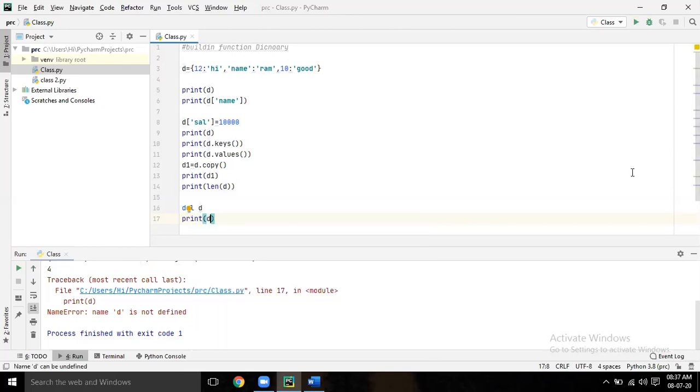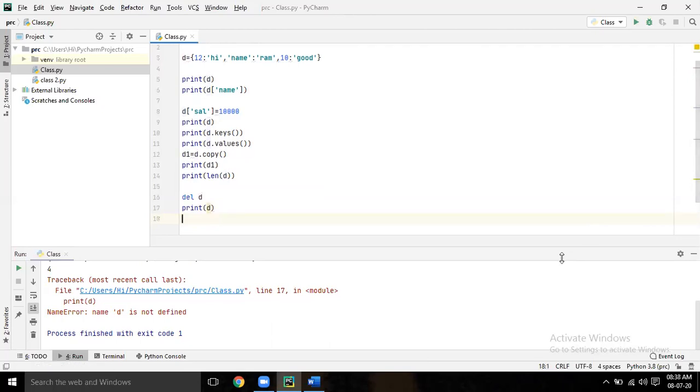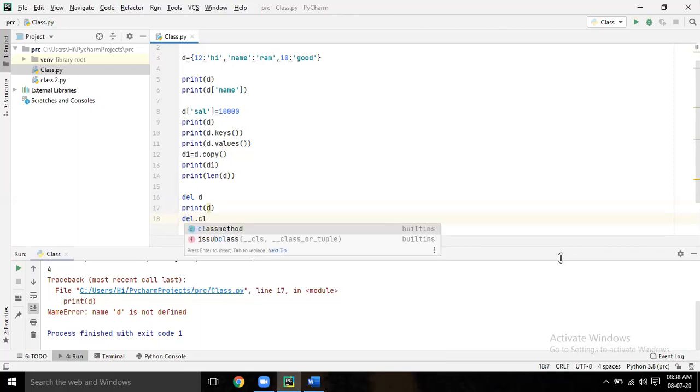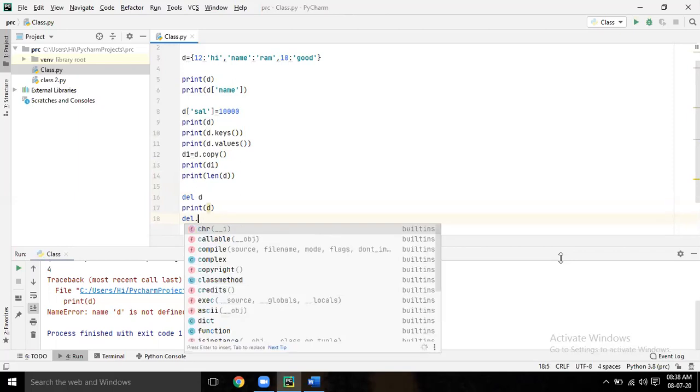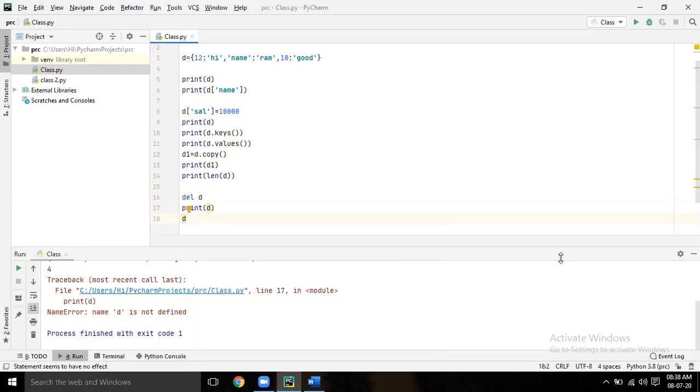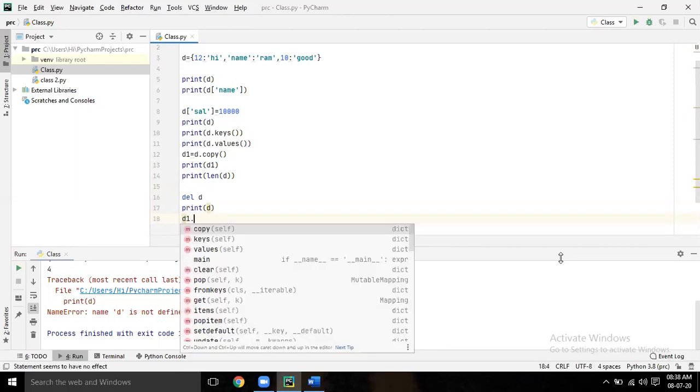Like that you can do clear also. Clear means if the items are cleared, then it will be a null value. So D1 you clear. How to clear? D1 dot clear, not del.